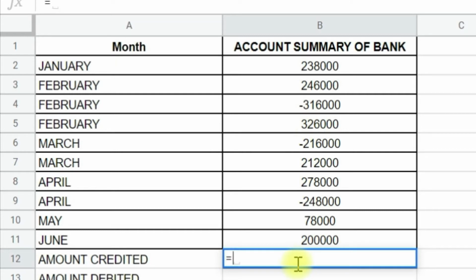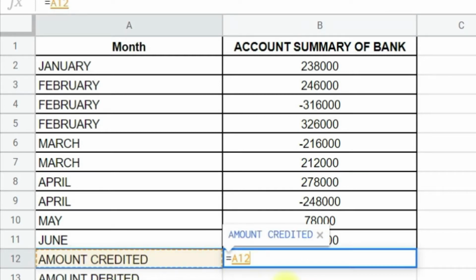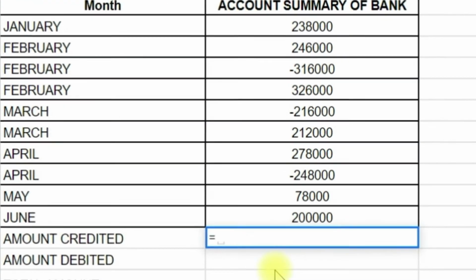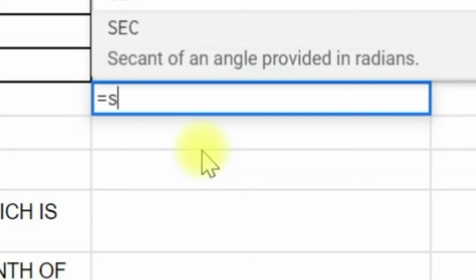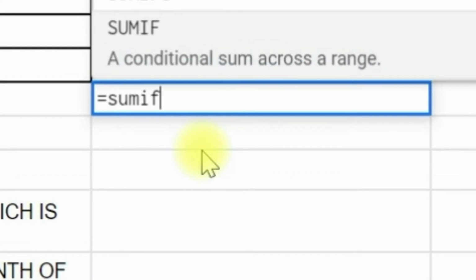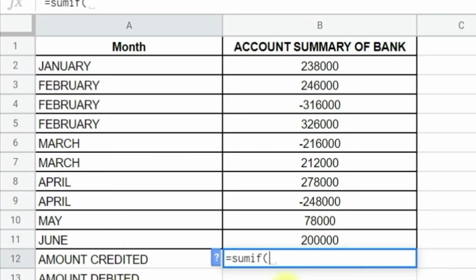Now we are going to find the amount credited. So we have to add all the positive values. How are we going to do it? Let's see. We will apply the equal to sign, SUMIF function, and open the parenthesis, and we will select the range.